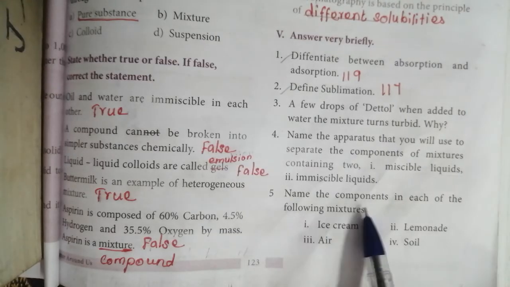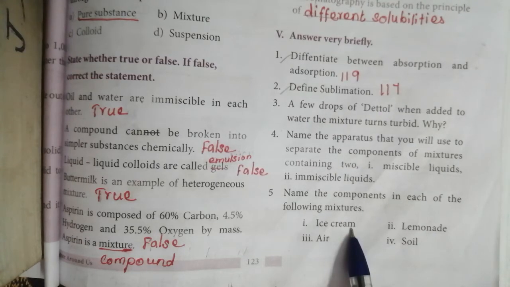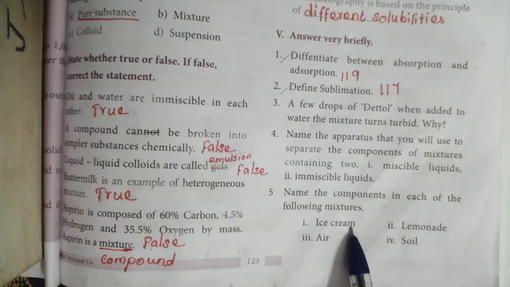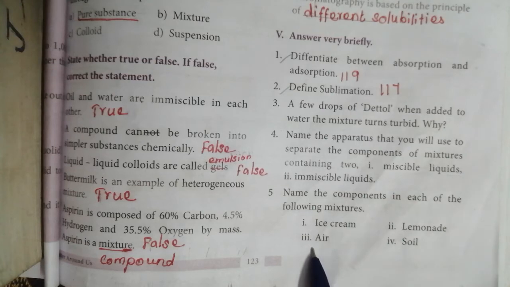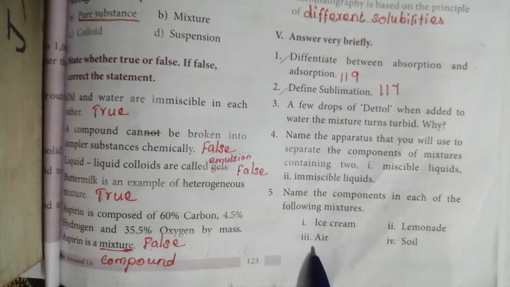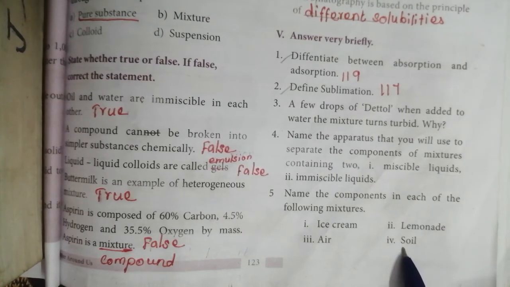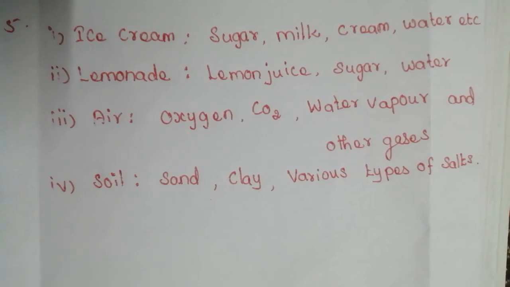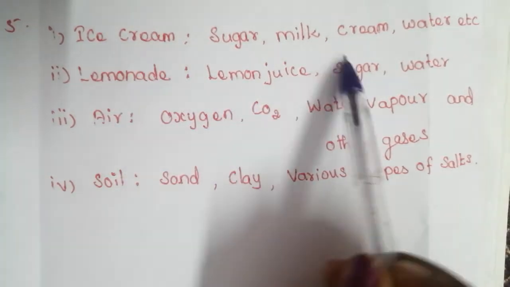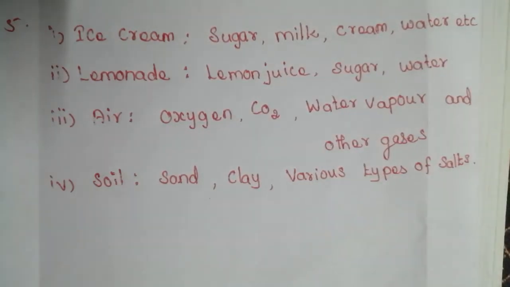The next question, name the components in each of the following mixtures. Ice cream, what are the components we are using in ice cream? Sugar, milk, cream, etc., right? Then lemonade, lemon juice, sugar, water. Then air contains oxygen, carbon dioxide, some other gases. Then soil contains sand, clay, some types of salt, right? So see the answer, students. Copy it. Ice cream, sugar, milk, cream, etc. Write down next